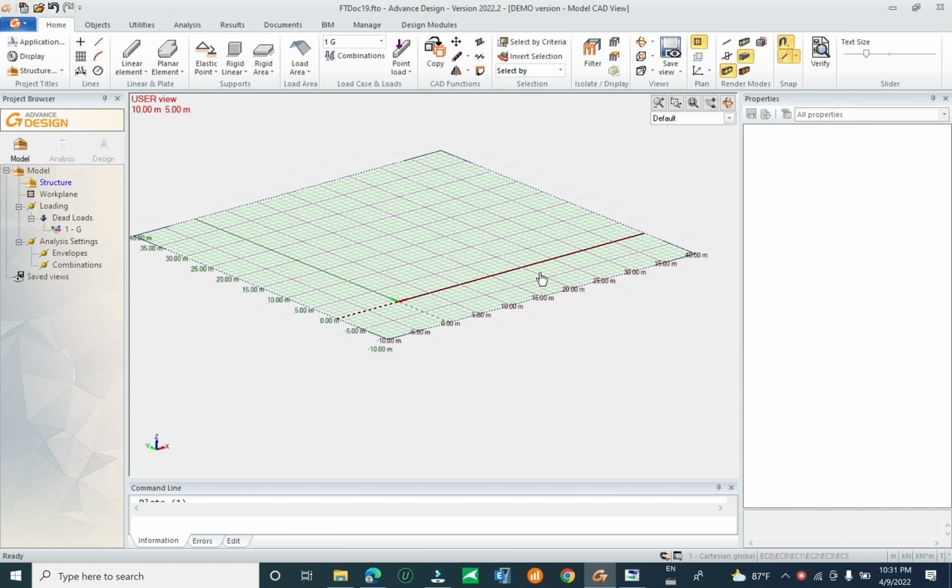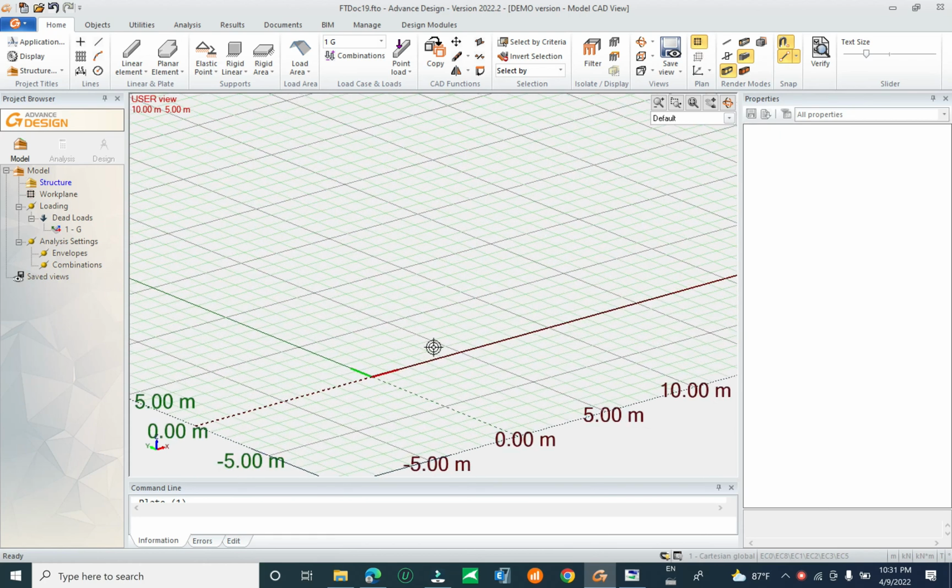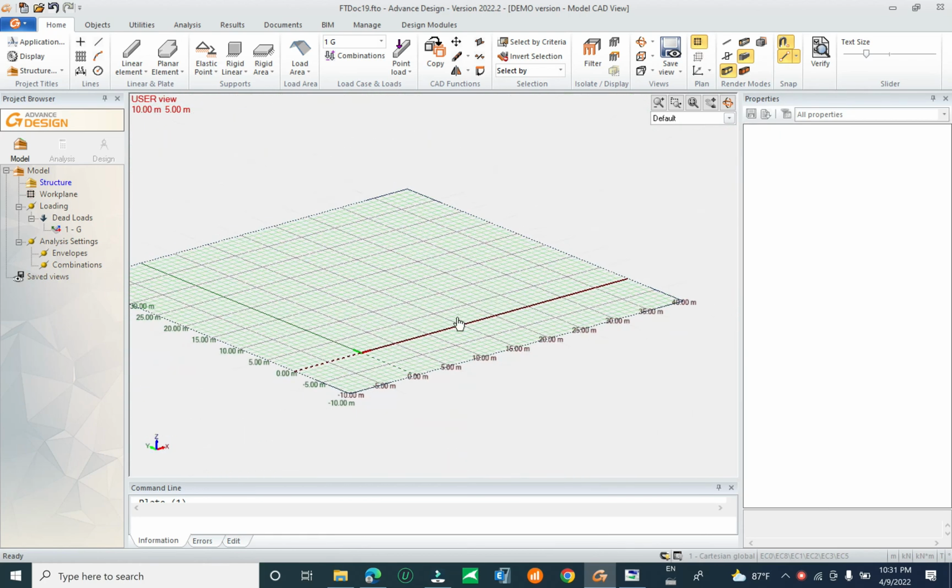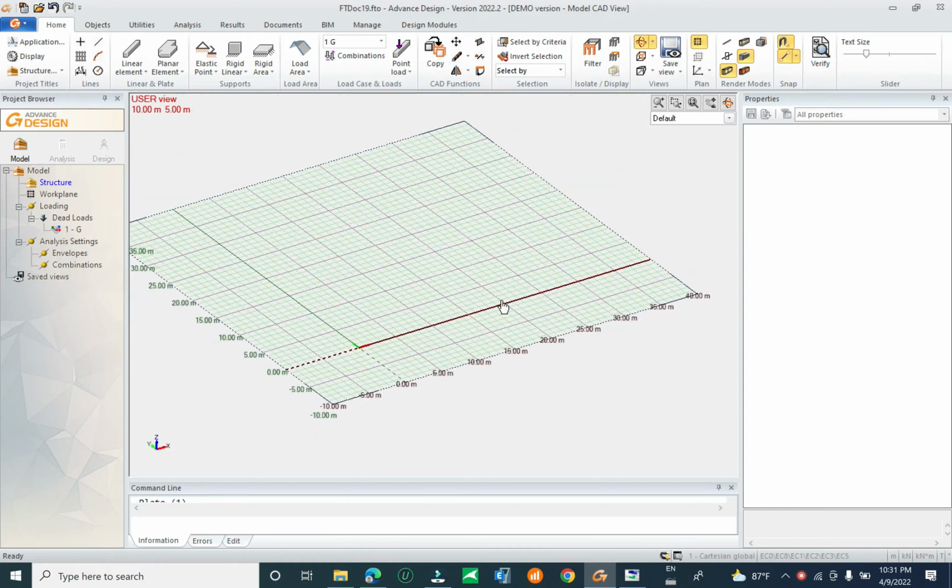Today we will design a circular OC water tank by using Graitec Advance Design. Now let's start. We have to activate the top view